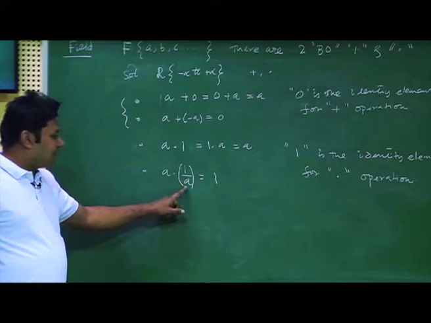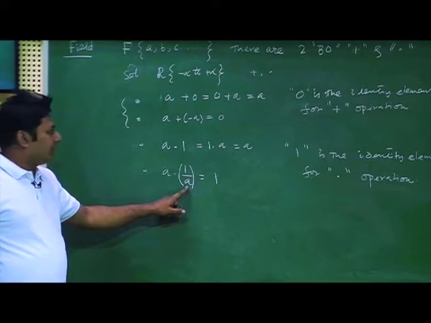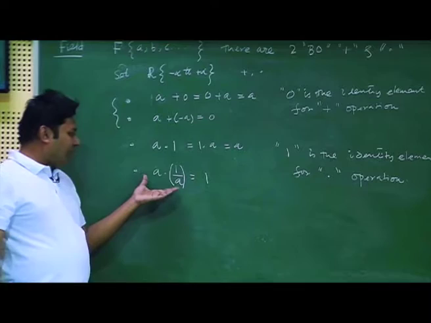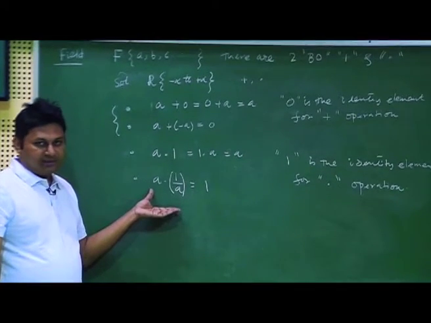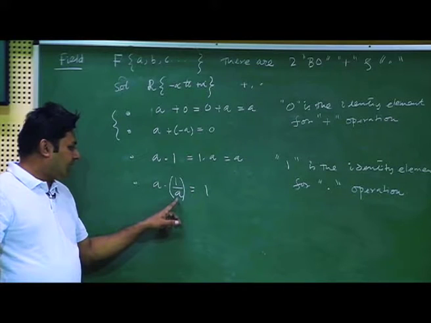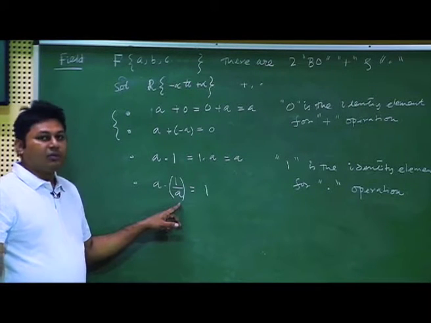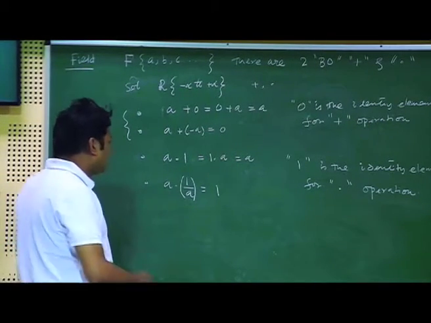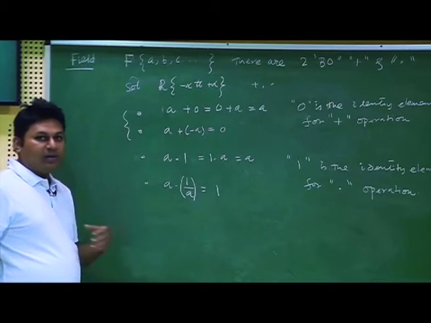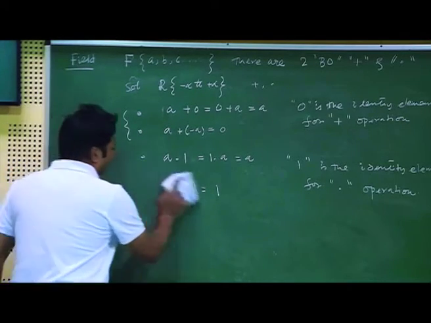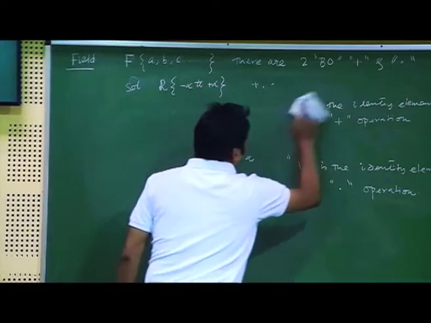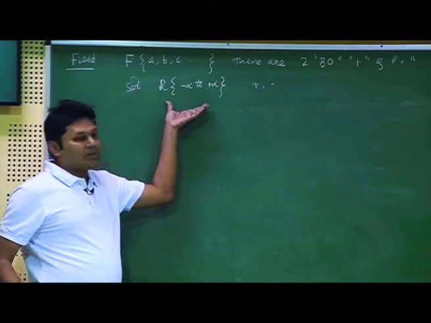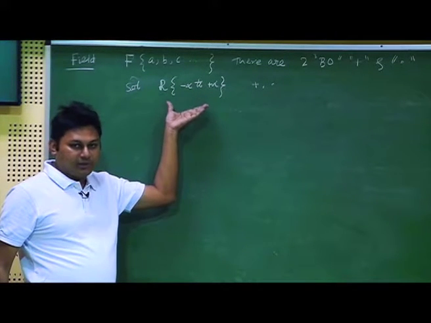Please again note that if A is 0, then this is not going to happen, but when I define a field, I say that this is true for all non-zero elements. So, since it is true for all non-zero elements, I safely say that this A is non-zero. Since A is non-zero, this is true. If it is 0, then it is difficult, but my definition also excludes the point 0. So, no problem with that. So, we find that the set of real numbers can form a field.